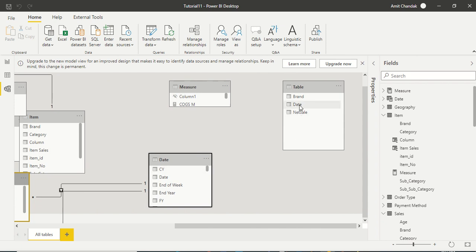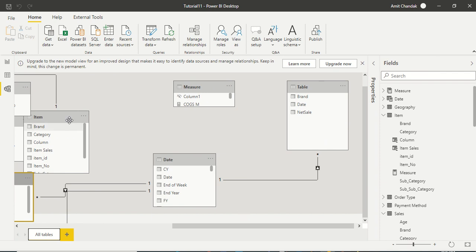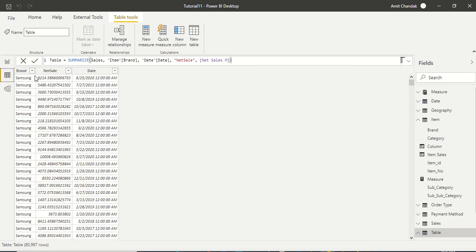So in the new table I will be able to apply date filters with the help of the date table. This is a new table, it doesn't have any relationship with date, so I have to make sure that I am able to filter it out. So then I need to create a new join.